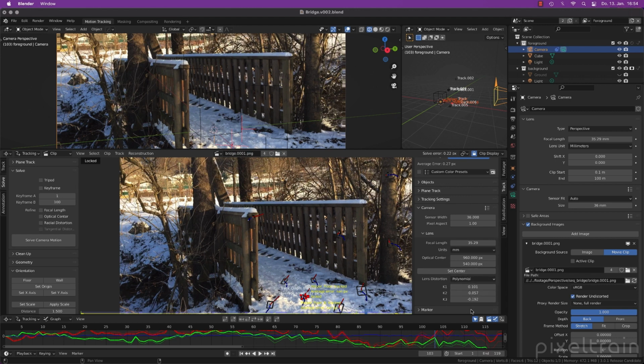Then you have the original plate again, but keep in mind that you then also get the mismatch of the trackers, because the trackers are now calculated with the lens distortion correction. So this is something you have to keep in mind. That's the reason why you see it here. I say it's okay for me. I want to see it like this. I normally make later a test with the composite where I use the right nodes.